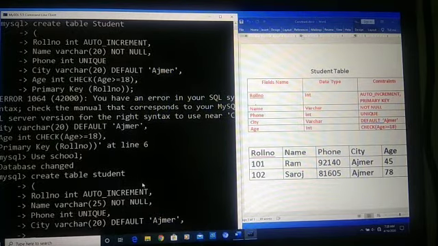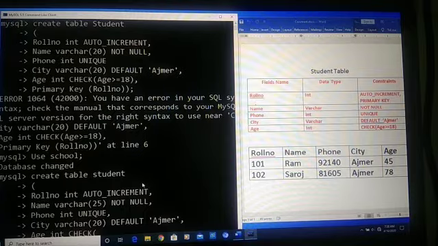Our next attribute is age, data type integer, and we have to set constraint check. So we will write check, and then after in this function we will write its condition. Condition is age should be greater than and equal to 18.